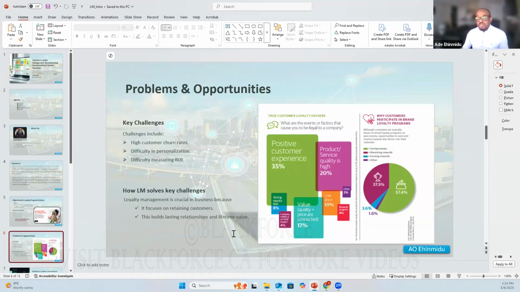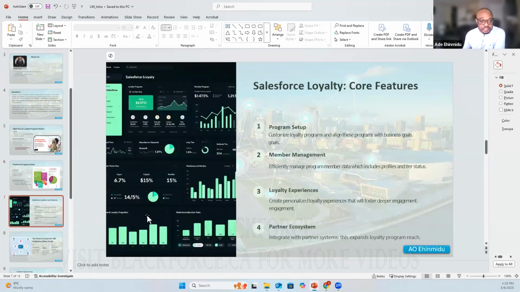I don't know the industry in which many of us are, but I know people in insurance, banking, telecommunication. There are many programs out there that they keep rolling out in order to keep engaging. Because if your customers are not coming back, interacting with your brand, then you are probably losing them because somebody else is talking to them. So what is the essence of Salesforce Loyalty Management? We'll get into that shortly.